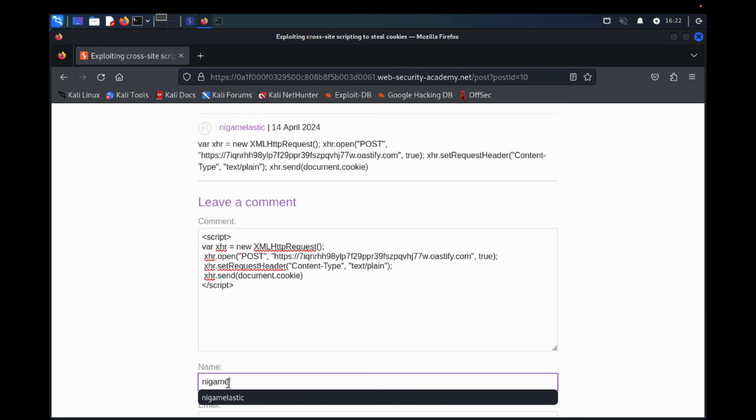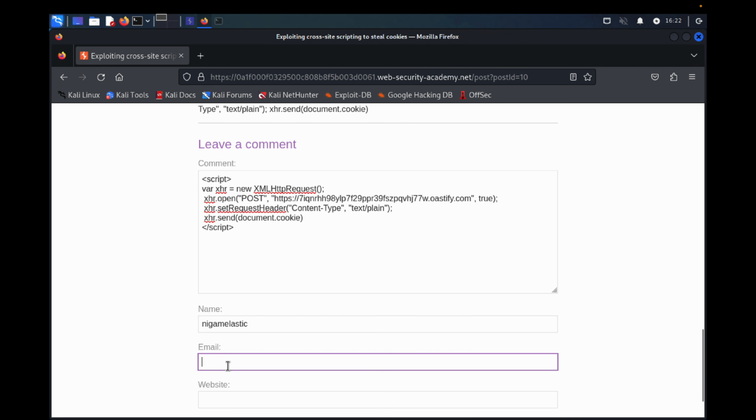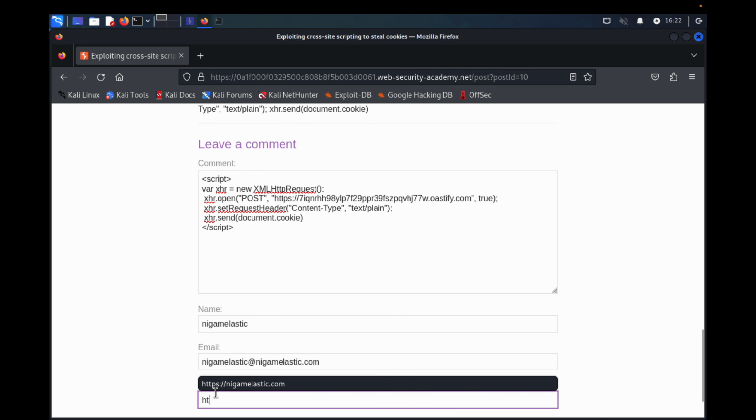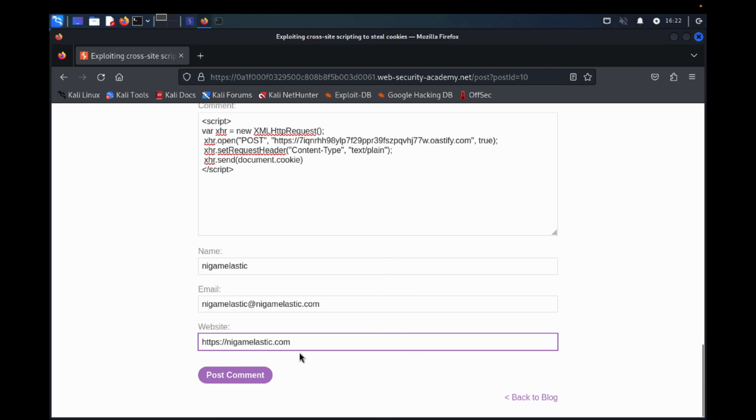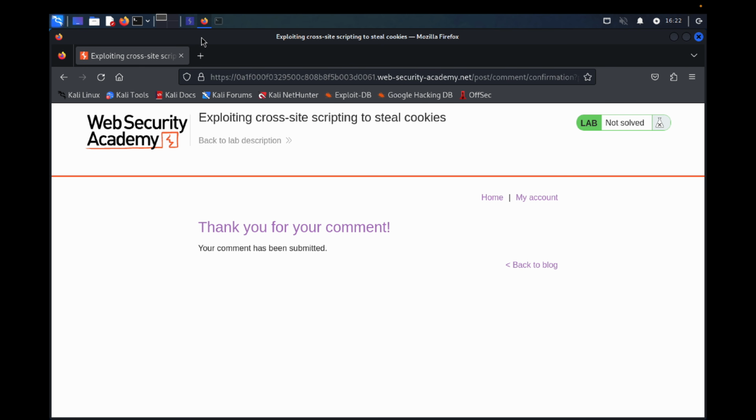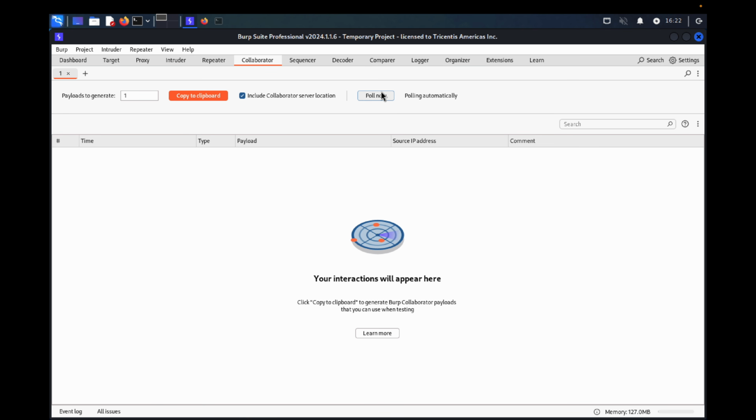Add the name, email address, website, post comment, go back to Burp Suite Pro,